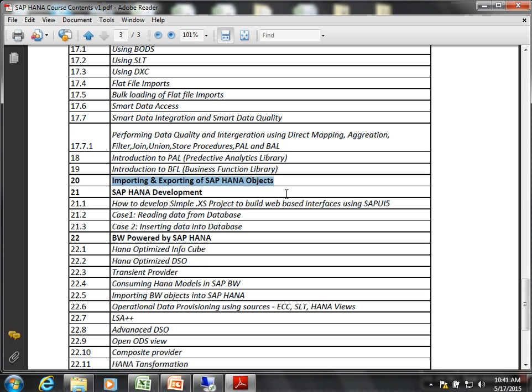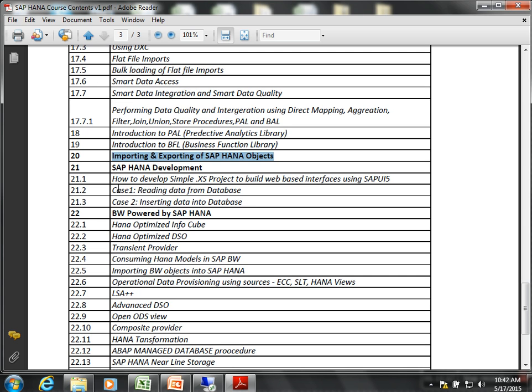How do we transport objects in the HANA system from the development server to quality? We have three different mechanisms of transporting the objects in HANA. I'll show that practically also, because I've got two different HANA servers. I can do normal HANA native transports, or I can do transport of HANA objects using the normal ABAP CTS, an ABAP transport request, for transporting. So we'll see those.